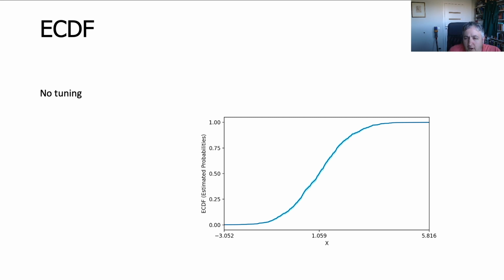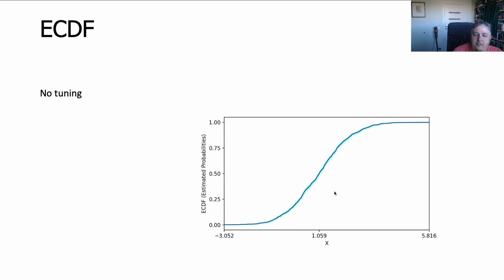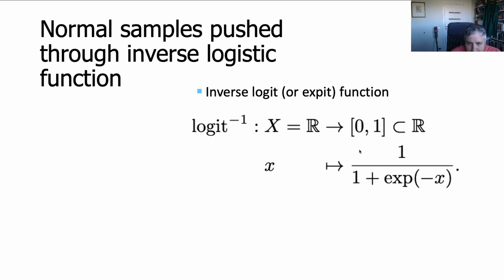In case of the empirical cumulative distribution function, we can now see how it behaves depending on details. We do not tune bins, because it bins itself automatically, depending on where the samples are, and you can get the expected cumulative distribution function from our samples here. But that was a simple normal distribution.